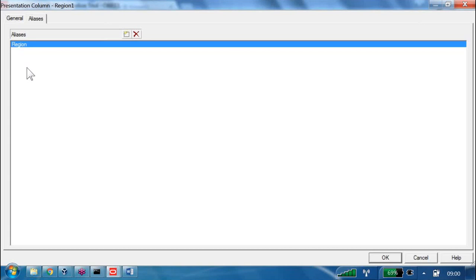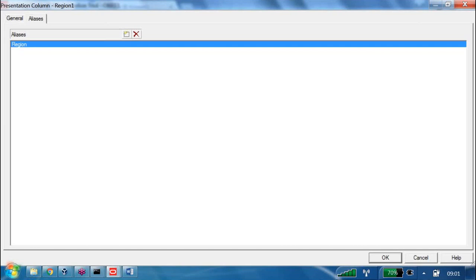It is useful to track presentation layer objects renaming.